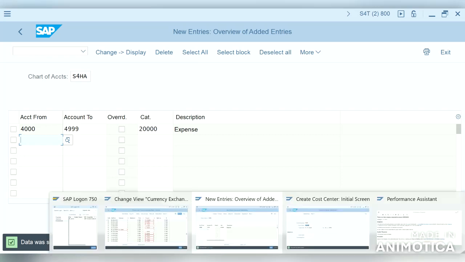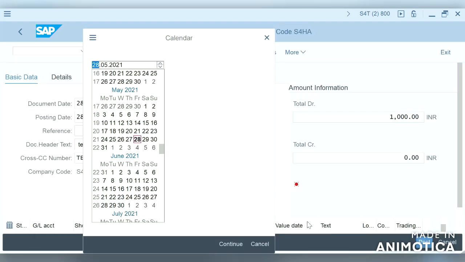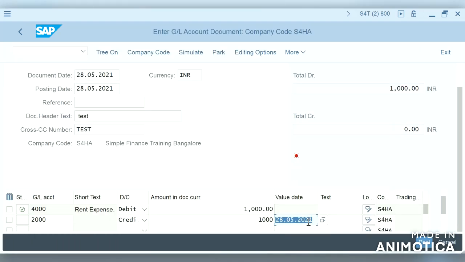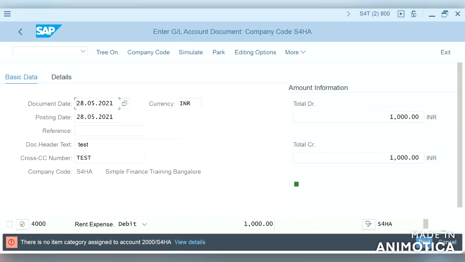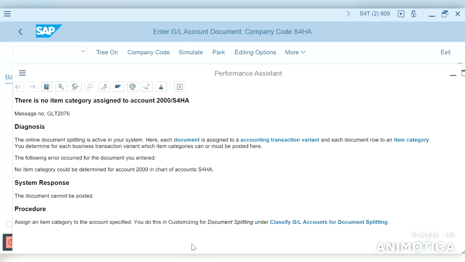And now let us see. No item. Okay, so we have given only to this, but we have not given for 2000.